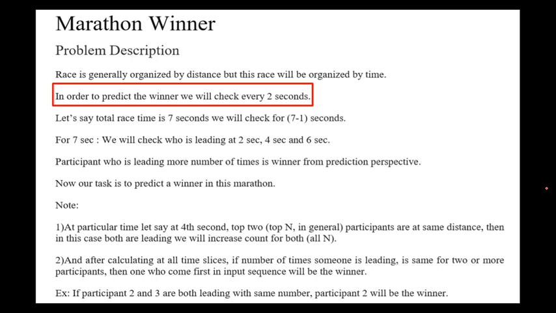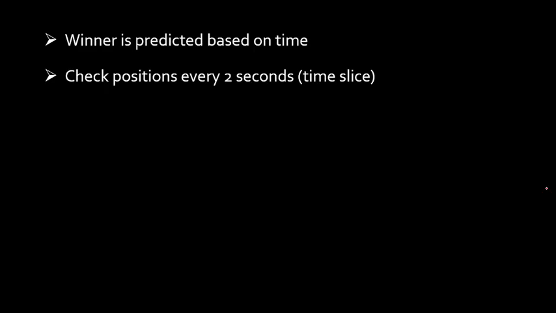So this is another data we need. What is the data we have here? Check the positions every 2 seconds. This is what we call by this term: time slice. Given a period of time, for example, in the previous scenario, we had 14 seconds, until the match was completed. But did we consider all 14 seconds? No, we split them. How did we split them? Based on this time slice only. What is the time slice? 2 seconds. So we split them as 2 seconds in the first slice, 2 seconds in the second slice, 2 seconds in the third slice. Like that, we will split the time. That is what I call time slice.